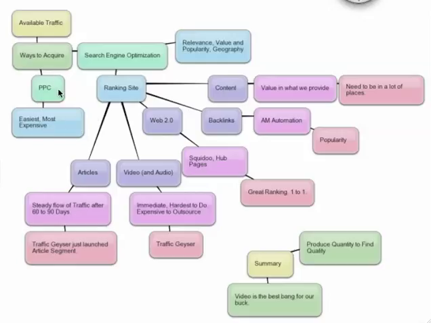So that's why I do some of the pay-per-click just to get some people to the site at this point in time. But this is why we do the search engine optimization. And the search engine optimization, here's kind of the factors that we have to take into mind. The relevance. If somebody is searching for buy a car, we've got to have relevant content to buying a car, and we've got to provide value to that person so they're interested in finding out more information. So that's why we write good articles.